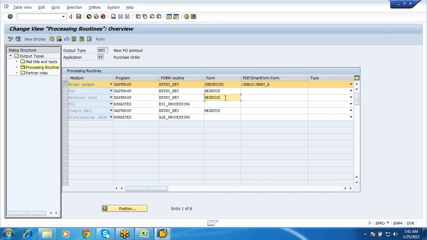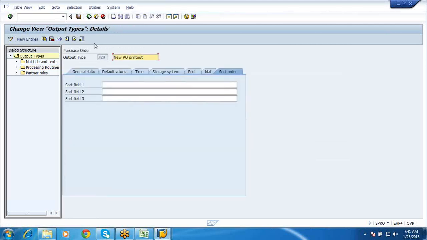You need to refer to this smart form and the programs. This screen you should be very familiar with, because you need to go and pick the program and the smart form names. Once you give this, the programming team will make the changes and give it to you. So this is about your messages in the system.